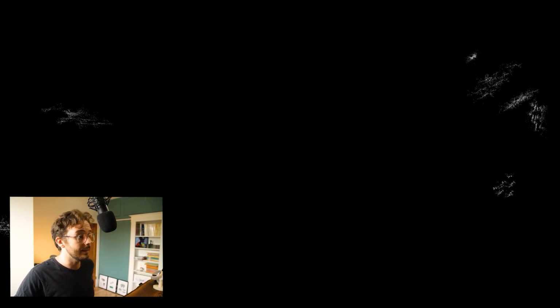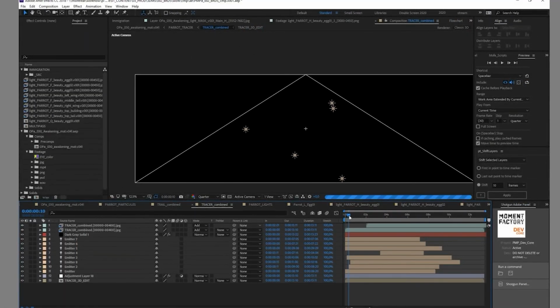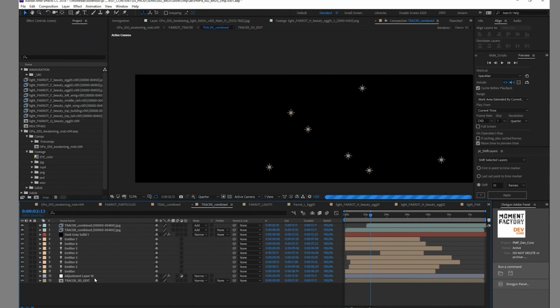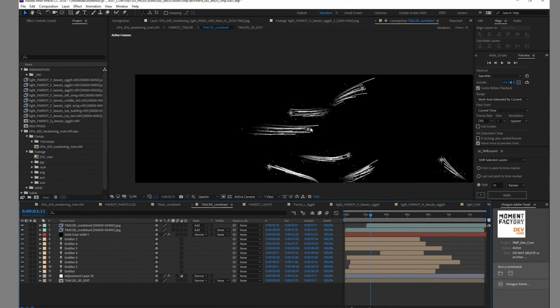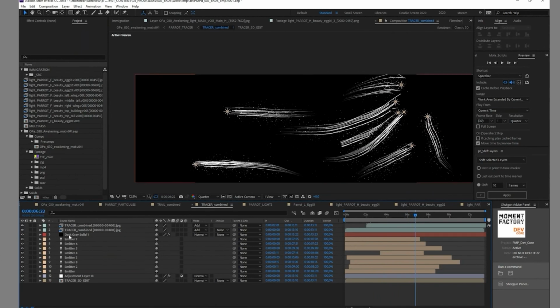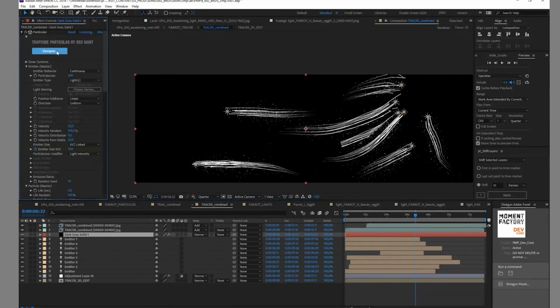Then what we can do is just use everything that we've done so far as a reference and go in After Effects and create something with Particular. So just to show that to you. If we jump in After Effects, we can see that all that we use right now is just a render of the tracer to have a reference. And I just animated some lights that I named emitter, following the right path for all of the renders that we do. It's really a simple setup of Particular that is just emitting from the lights and kind of doing some glitter animation out of that.